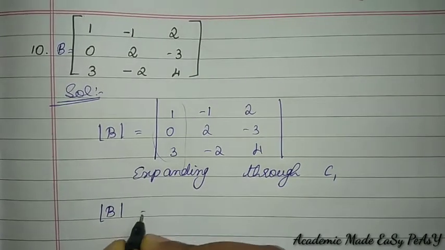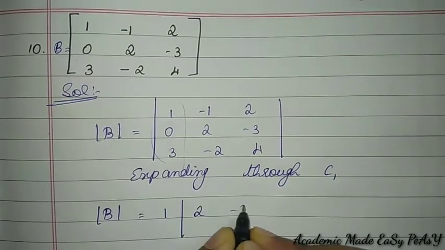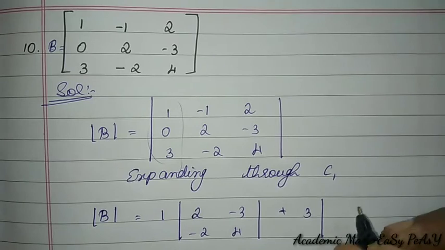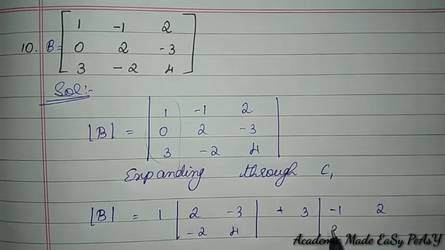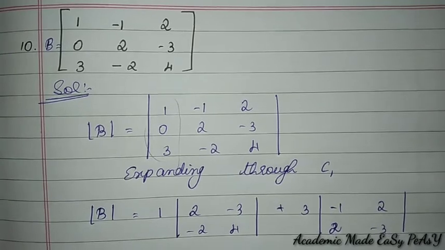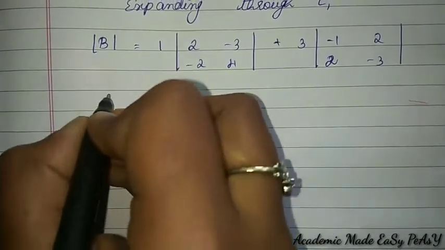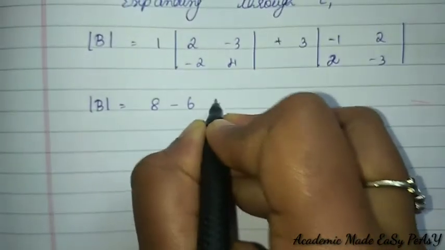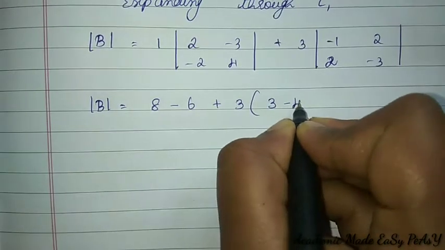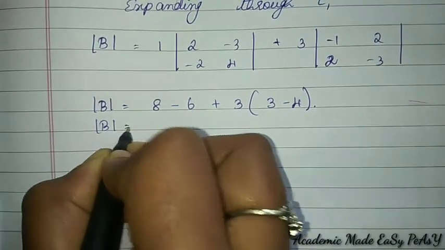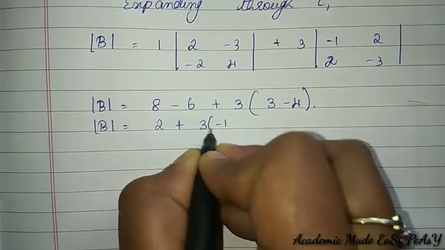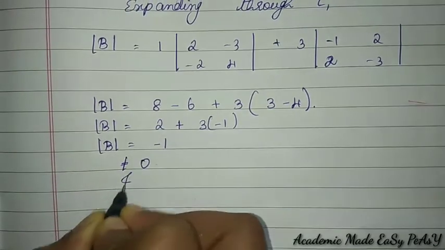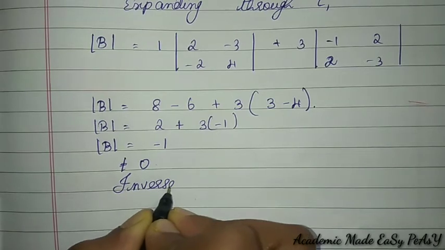So determinant B is equal to 1 into 2 minus 3 minus 2, 4 plus 3. Since everything is even position, I am taking it positive. Minus 1, 2, 2 minus 3. So determinant B is equal to 8 minus 6 plus 3 into 3 minus 4. So determinant B is equal to 2 plus 3 into minus 1. So determinant B is equal to minus 1, which is not equal to 0. Therefore, inverse exists